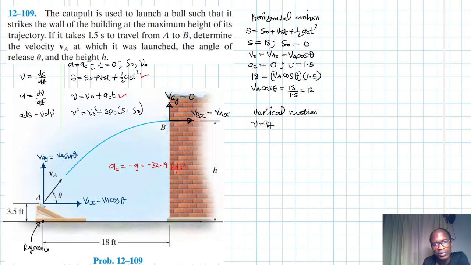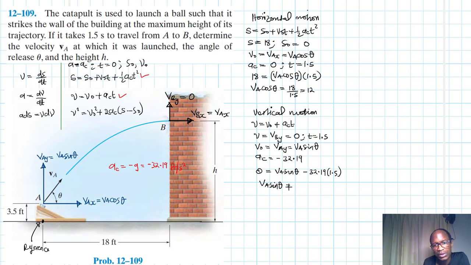Good one to use. So V is equal to V naught plus ACT. And our V is just going to be equal to VBY, which is equal to 0. Right? And then we have T here equal to 1.5. V naught is equal to VAY, which is equal to VA sine theta. And then we have AC equal to minus 32.19. Therefore, this becomes 0 equal to V naught, which is just VA sine theta, then minus 32.19 times 1.5. Therefore, VA sine theta is just going to be equal to